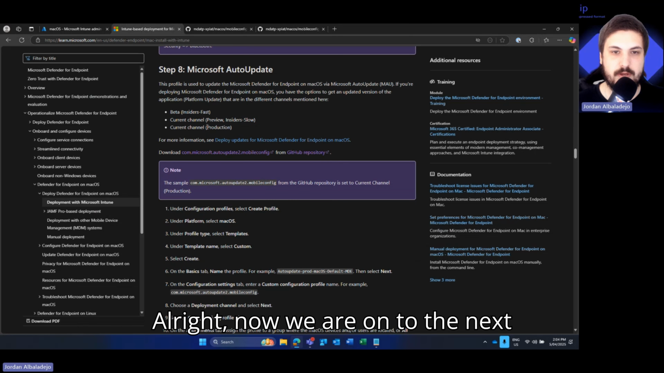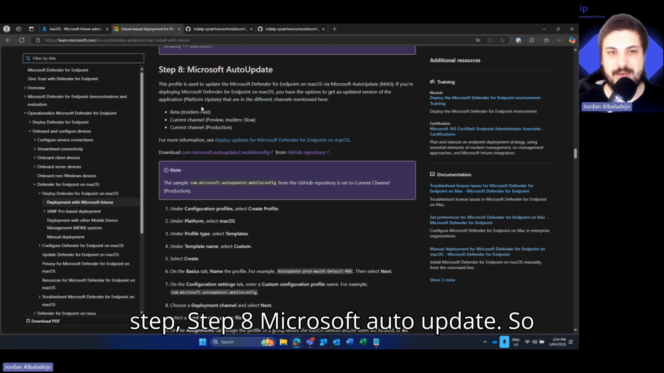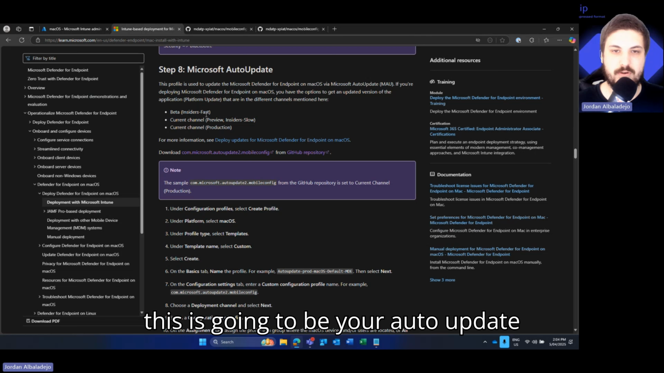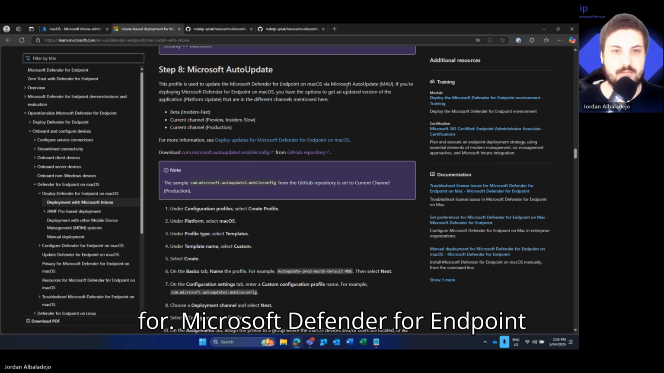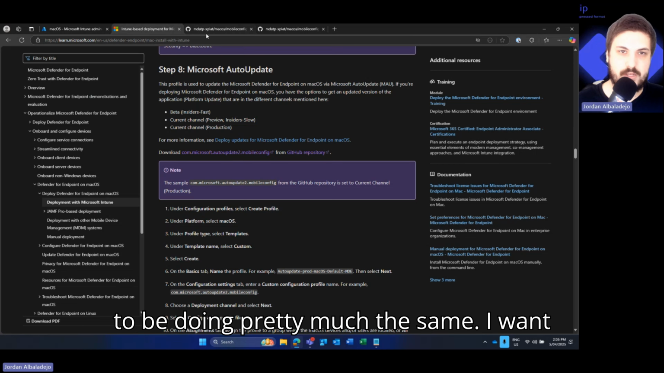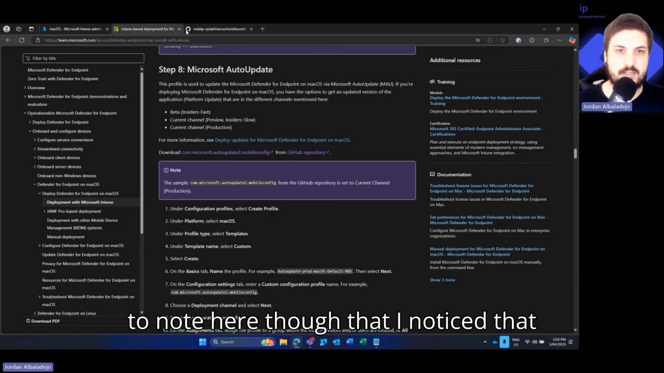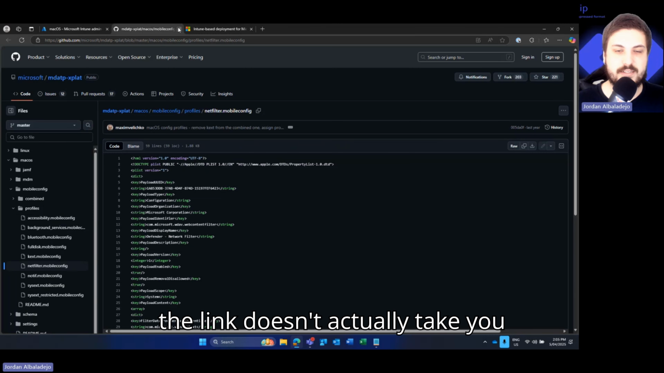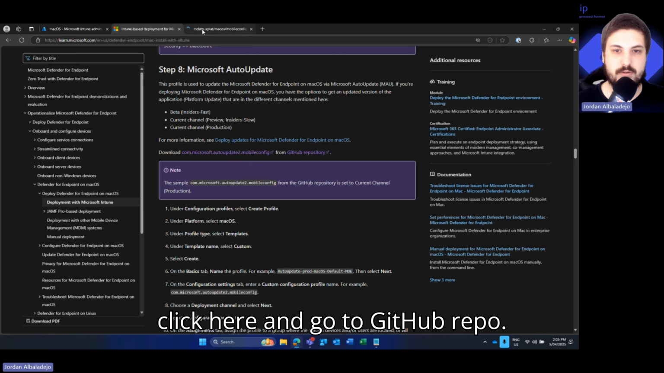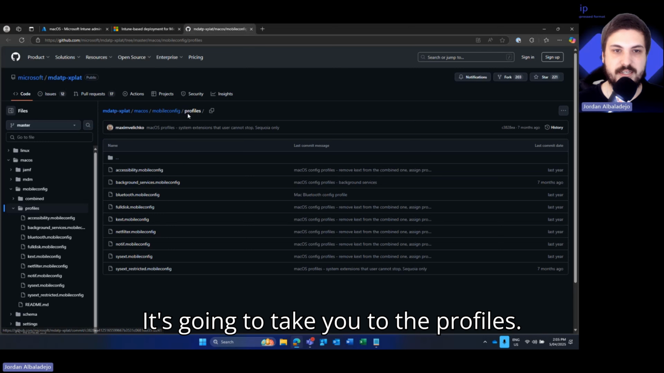All right, now we are on to the next step, step 8, Microsoft Auto Update. So this is going to be your auto update for Microsoft Defender for Endpoint on macOS. So we're going to be doing pretty much the same. I want to note here though that I noticed that the link doesn't actually take you directly to where you need to go. So if you click here and go to GitHub repo, it's going to take you to the